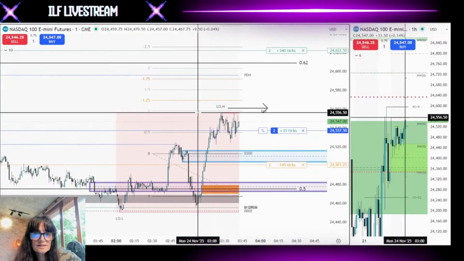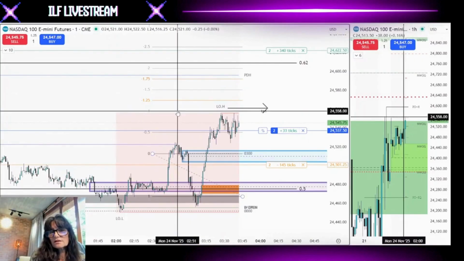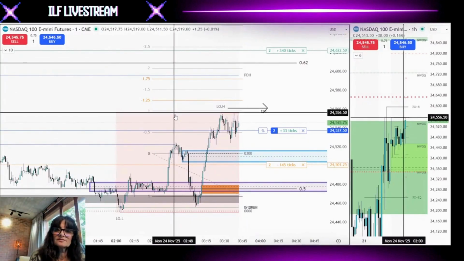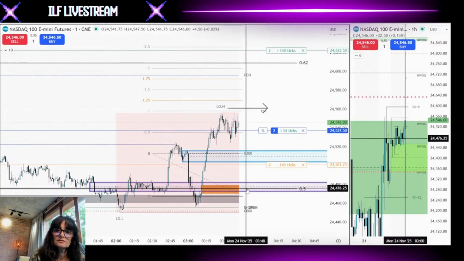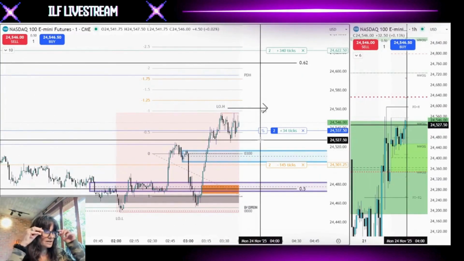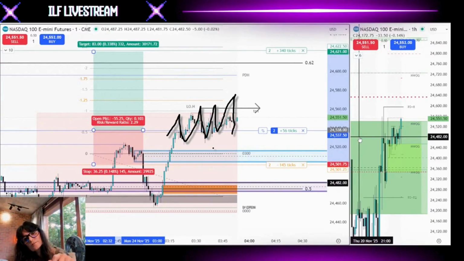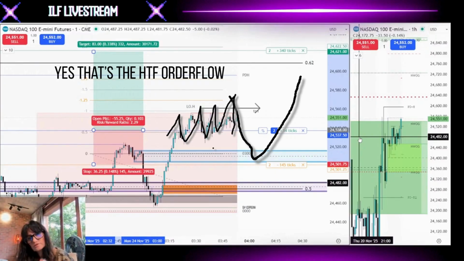But I like it that it didn't hit the 1 standard deviation. If it would have hit 1 and started going back, I would be very hesitant, but it did not hit 1. So we're just accumulating below 1 before the macro. So 53, let's see. We want to see it run. Accumulation, manipulation, distribution. To the downside at some point.